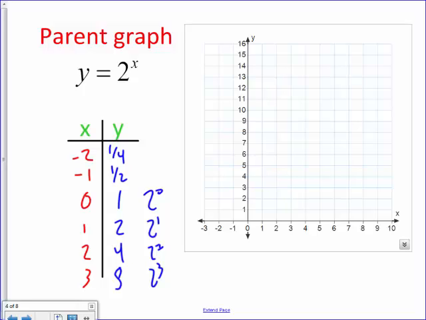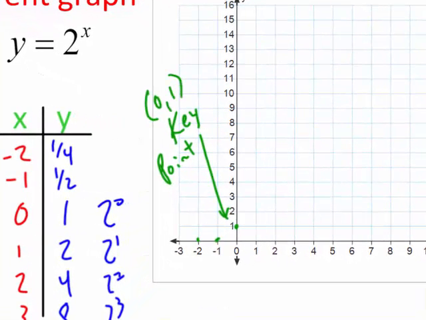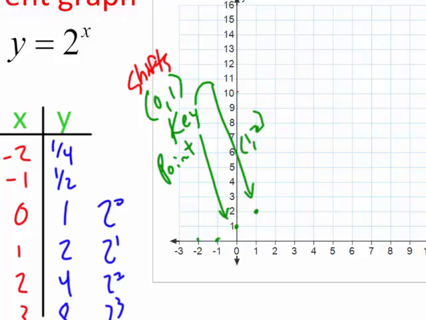So I got -2 and 1/4. It's really close here, really close here. 0, 1. That's a key point. 0, 1 is our new key point for this parent graph. And then 1, 2. Here's our other key point. So these guys are both key points. This first key point will be for our shifts, and this other key point will be for our stretches. And then let's finish it off: 2, 4,